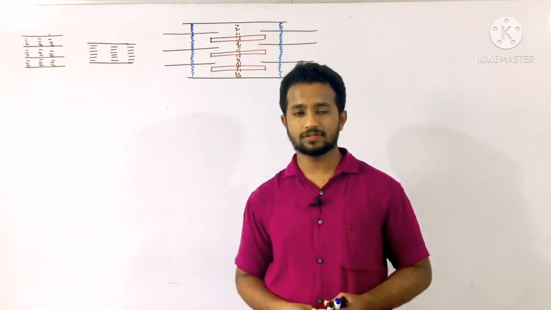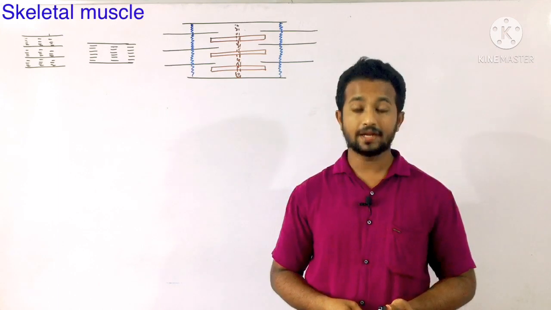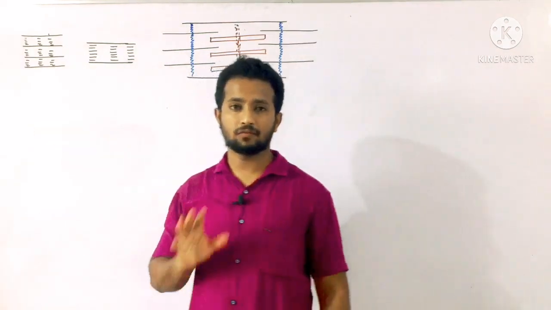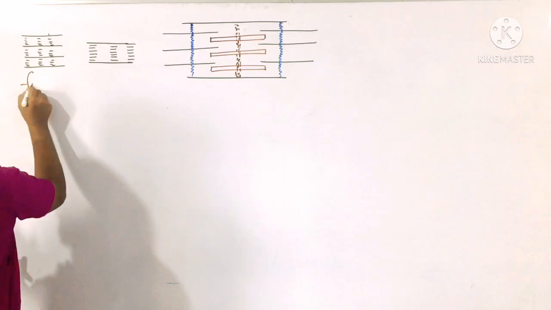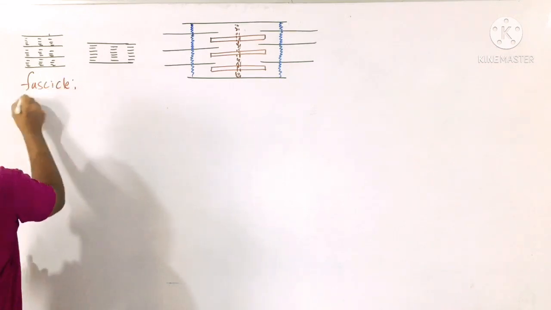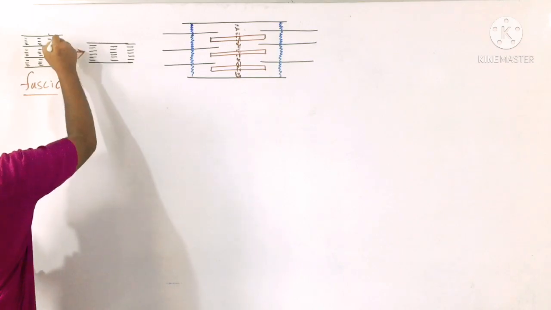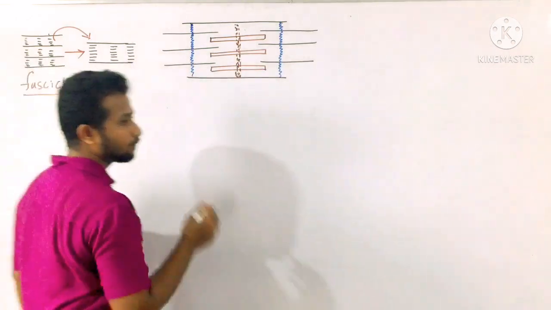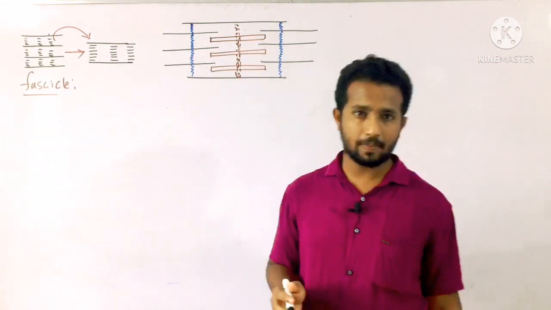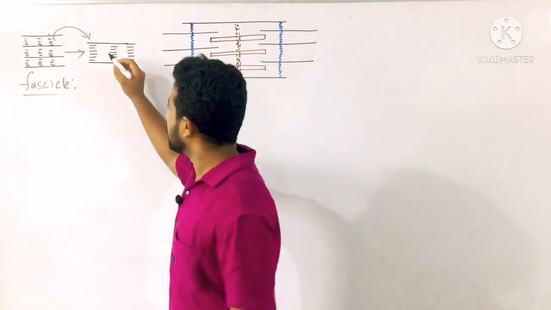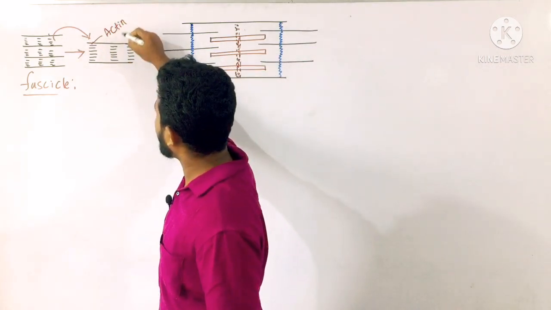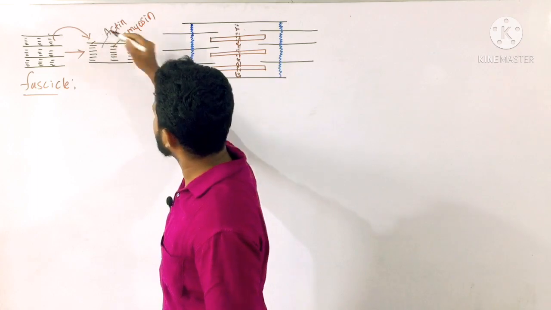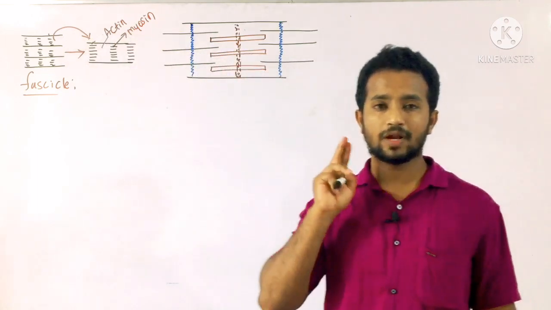In the previous part, we studied the structure of muscles, and in the structure of skeletal muscle, this is the diagram I have drawn here. This is the complete length of muscle bundle, which is called a fascicle. In this fascicle, there are a number of muscle bundles. We have taken one of the bundles, which is called a muscle fiber. This is one muscle fiber, which has an alternate arrangement of dark and light bands, and we know that the dark and light bands are because of the actin and myosin filaments. Actin is the light band and myosin is the dark band.